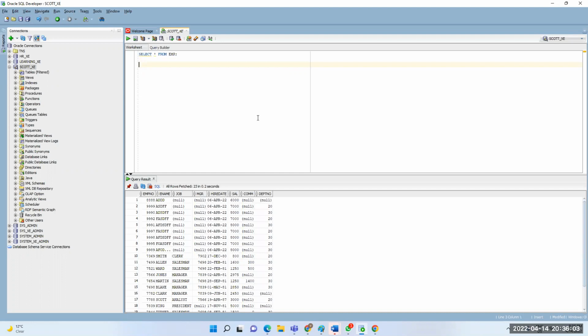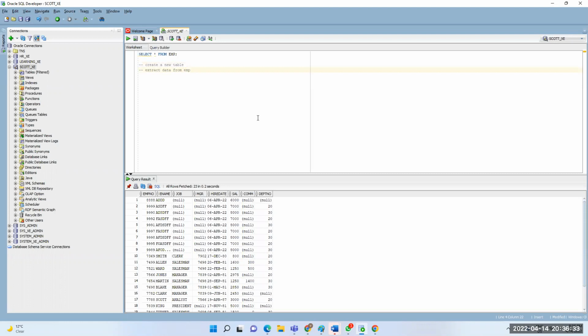First, we'll write the points actually. What are the points we need to do? First, extract data from the EMP table. First thing, we have to create a new table.